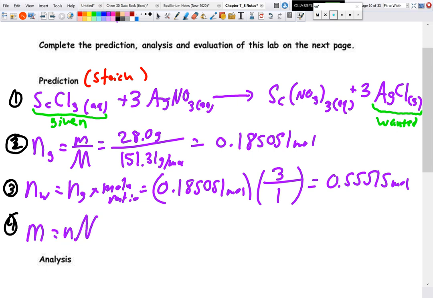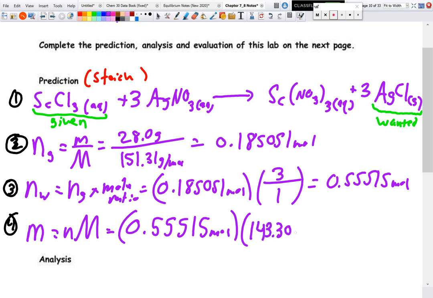And finally, step 4 for our stoichiometry, solve the question, and our step 4 is mass is equal to number of moles times our molar mass. So our number of moles, 0.55515 moles. And our molar mass for silver chloride, remember, it's just the molar mass of 1 silver and 1 chlorine. Do not use that coefficient in front. You should get this as your molar mass,